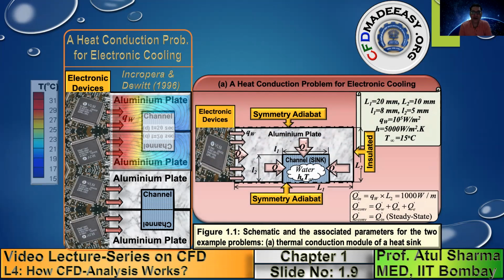And we realize from this problem that since the temperature distribution is symmetric on this bottom surface, here we have a symmetric adiabat, and we are considering that this chip is very long, so the upper wall will also have a symmetric adiabat. When you have symmetric heat transfer, it means dT/dy equals 0, and dT/dy equals 0 means it is like an insulated condition, so we call it a symmetric adiabat.